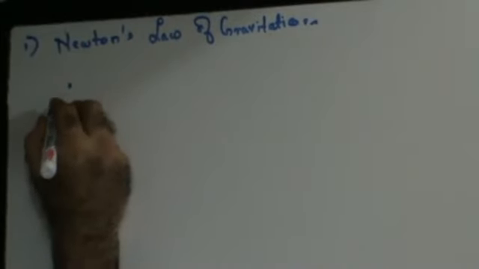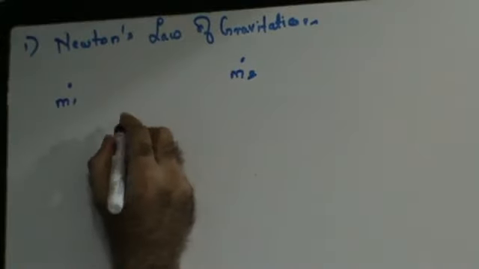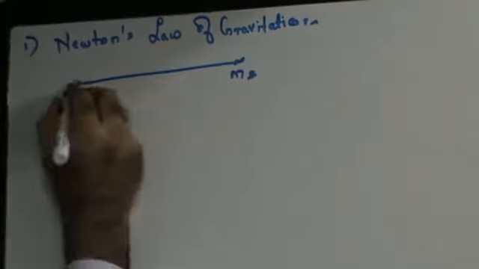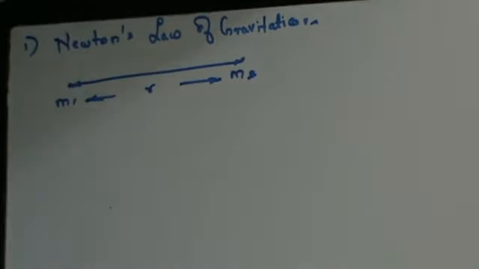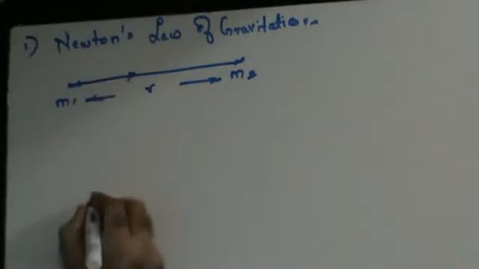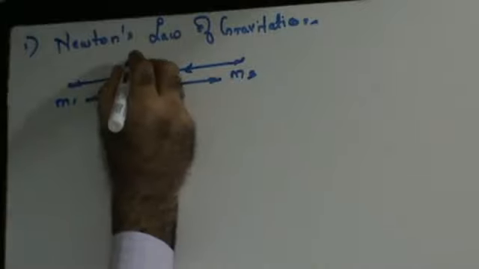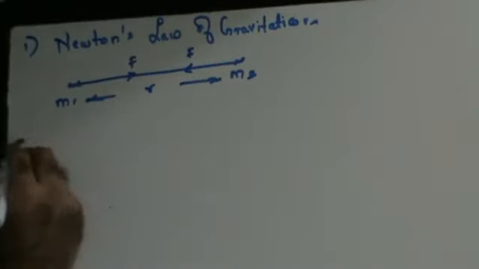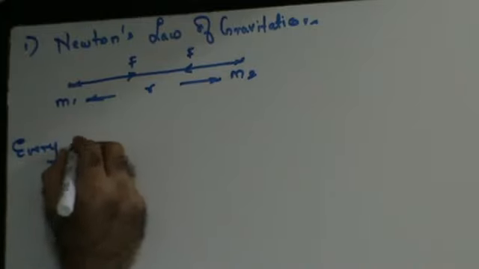Let's assume I have a body of mass m1 here. I have a body of mass m2 here. Let's assume that the distance between them is r. R is the distance between them. Then I can say that this body m1 is going to exert a force of attraction on m2, and m2 will also exert a force of attraction on m1, right? So Newton's law says that every particle of matter